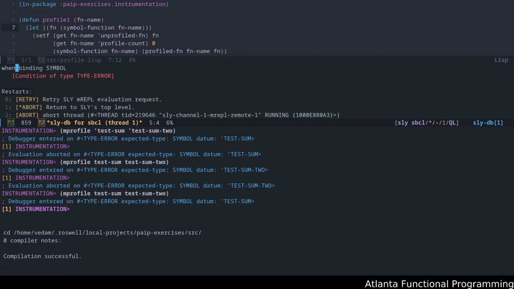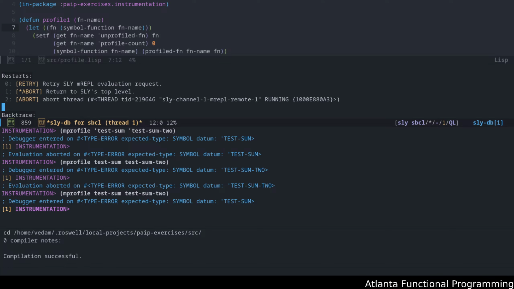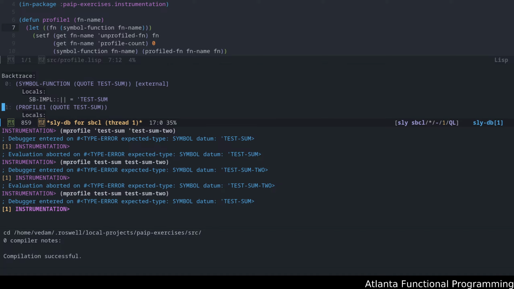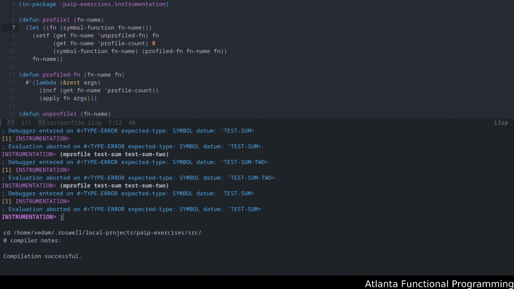Interesting. It says that it's not a symbol, but it is getting, is not a type symbol when binding symbol. The reason why this is happening is because, hold on. I'm wondering if it's because we're accidentally calling quote or something. Am I using quote here at all?